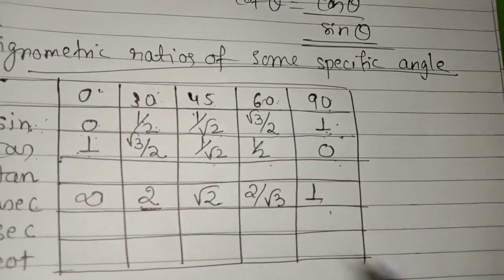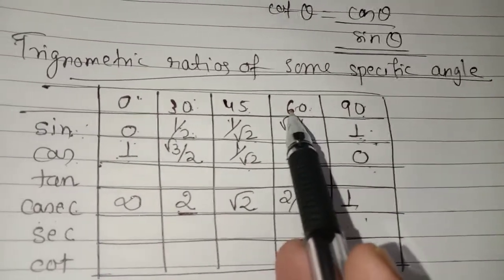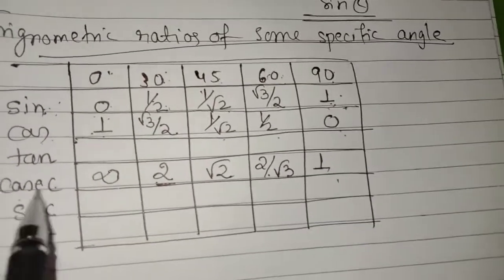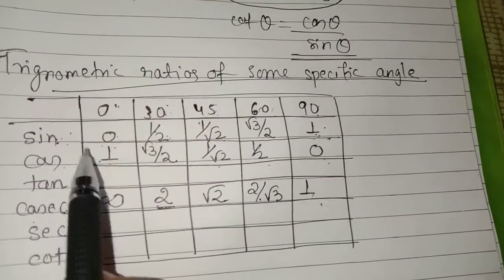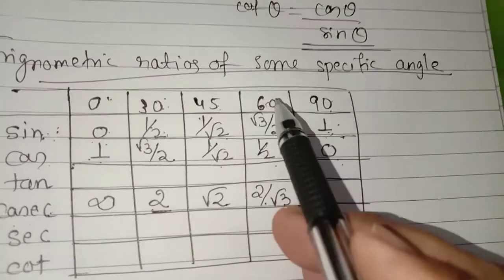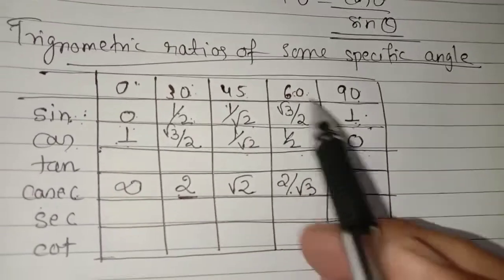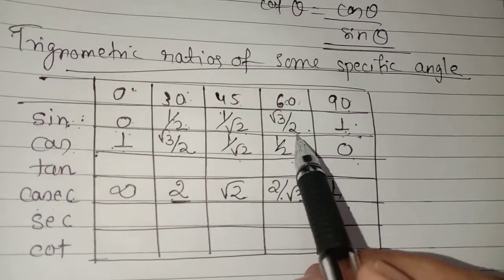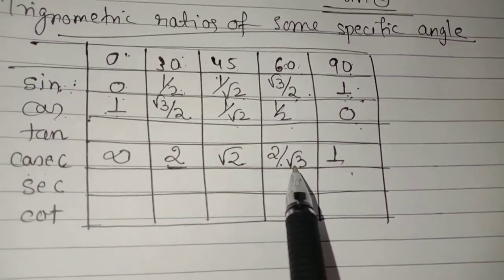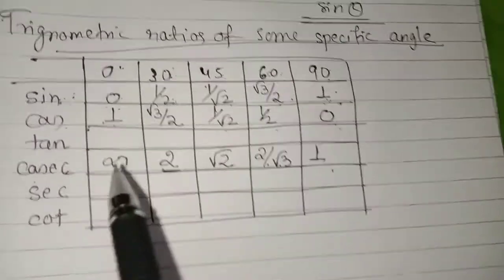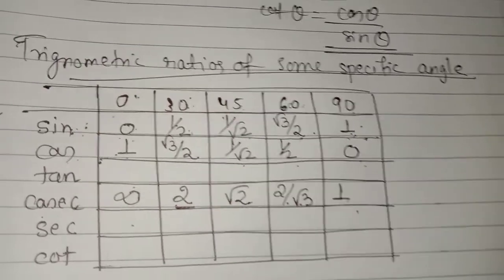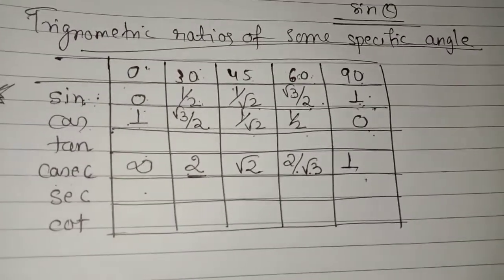If somebody will ask me what is the value of cosec 60, sometimes to remember 2 by root 3 is not so easy. So quickly I will move to the inverse. Cosec 60 is the inverse of what? Sine 60. So what is the value of sine 60? Sine 60 is root 3 by 2. I can remember it very easily. So cosec 60 will be 2 by root 3. Right? So whenever we have to write the value of an inverse, we will go for their basics. Clear? So shall we start for sec now?